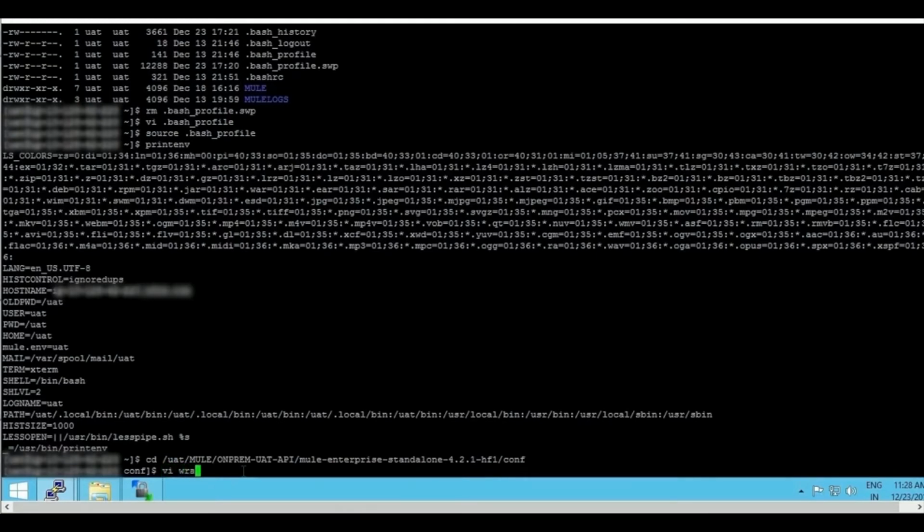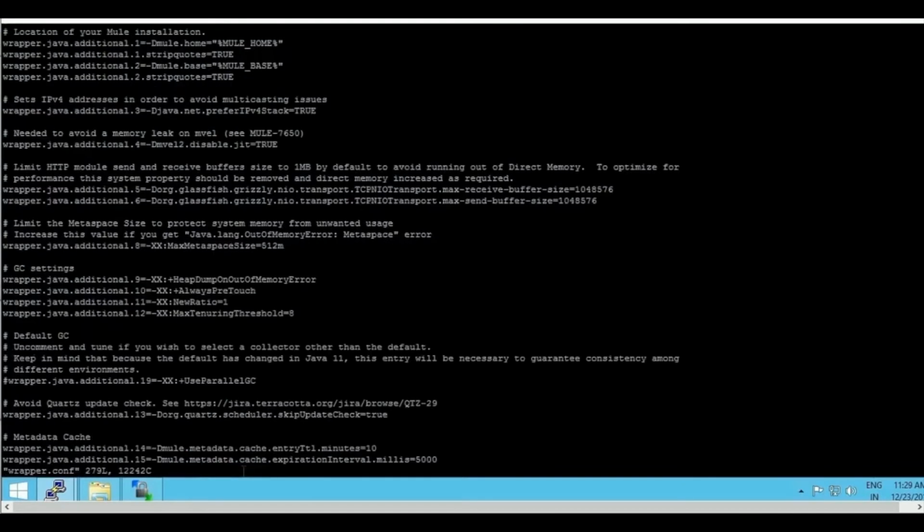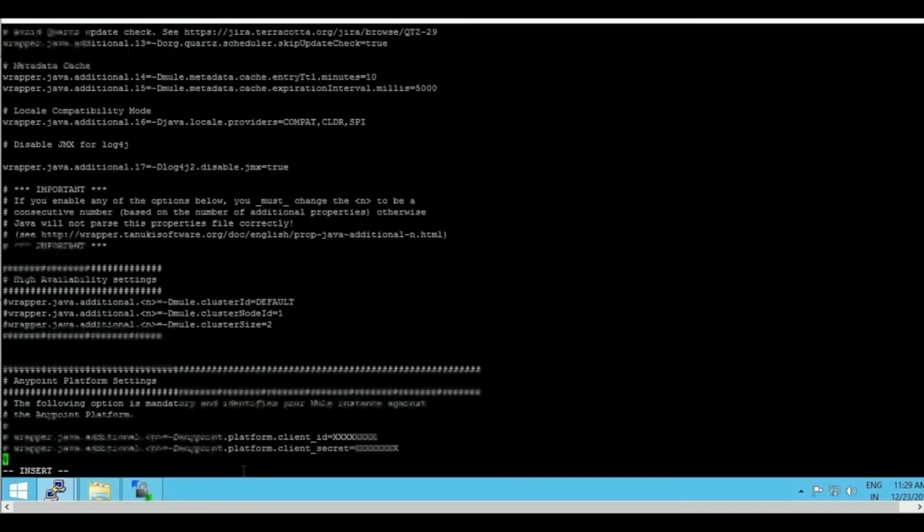I am trying to open and edit my conf file, performing an insert operation, and scrolling to the bottom.